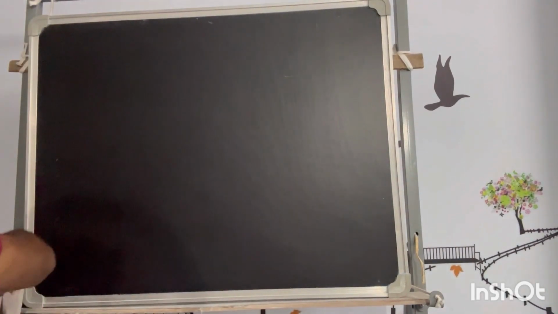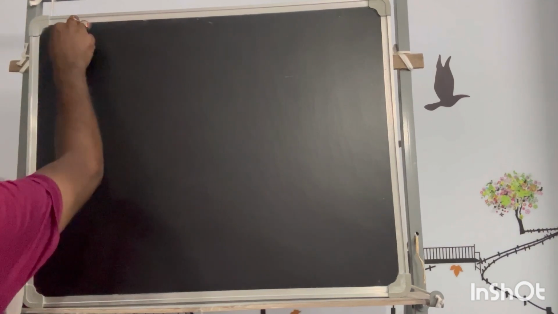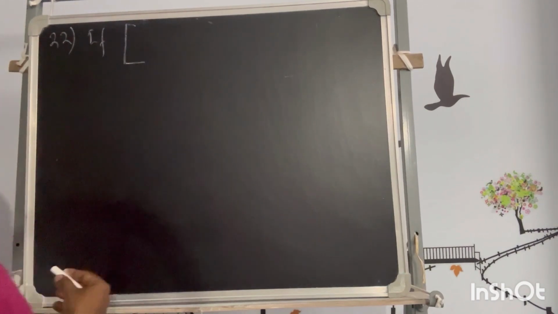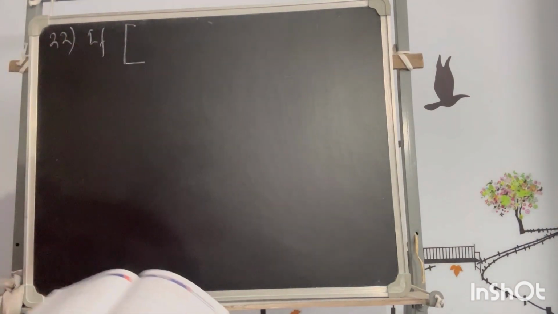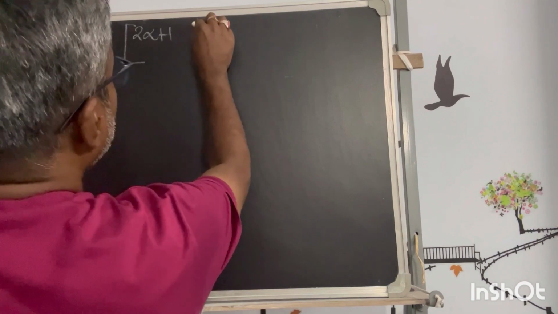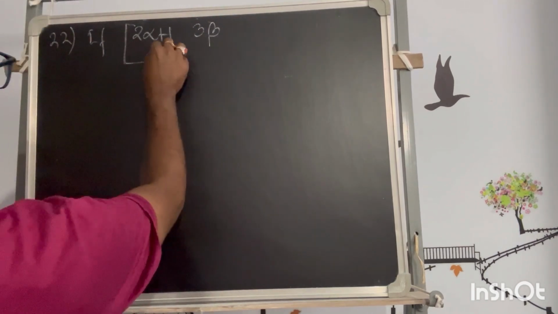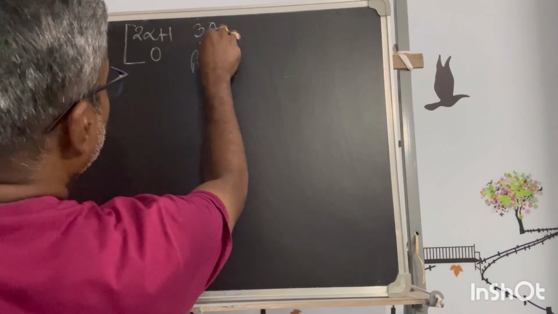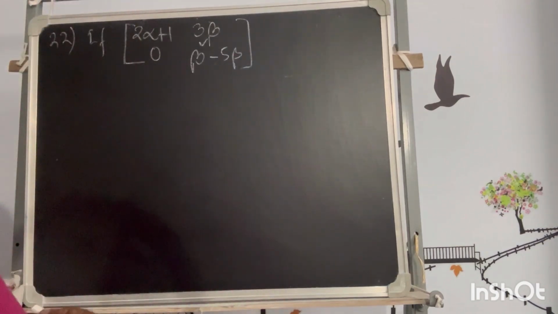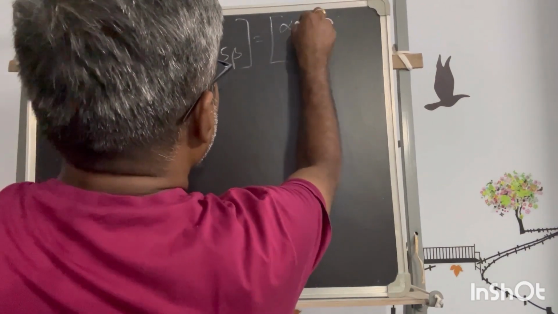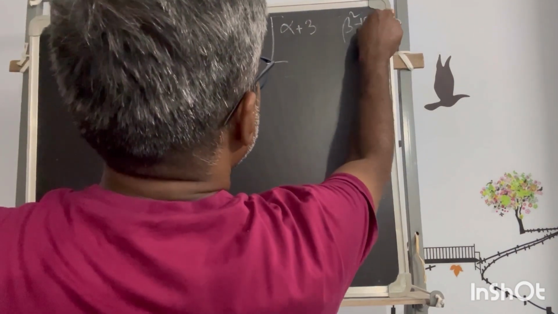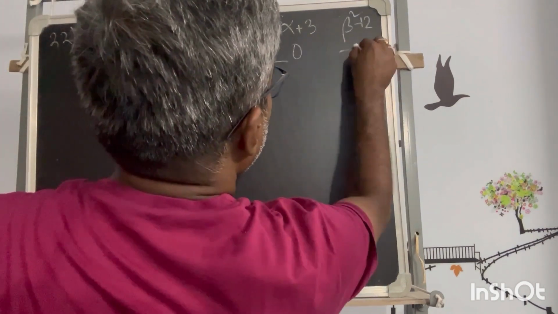This problem says, if there is a matrix, 2 alpha plus 1, 3 beta, 0, and beta square minus 5 beta, which is equal to another matrix, alpha plus 3, beta square plus 2, 0, minus 6,